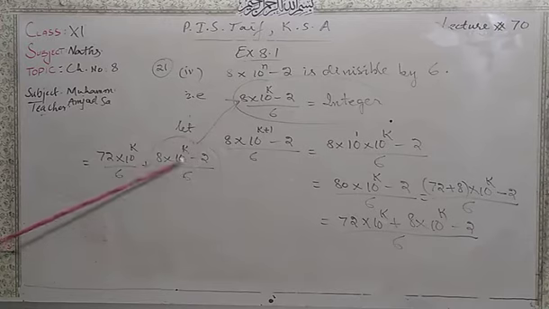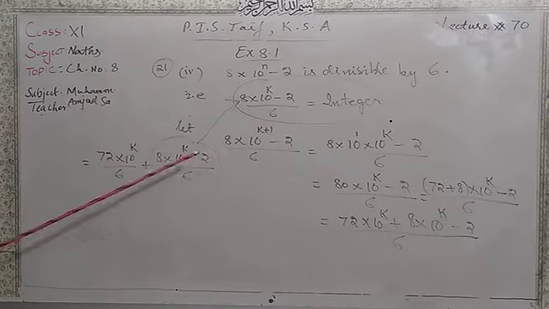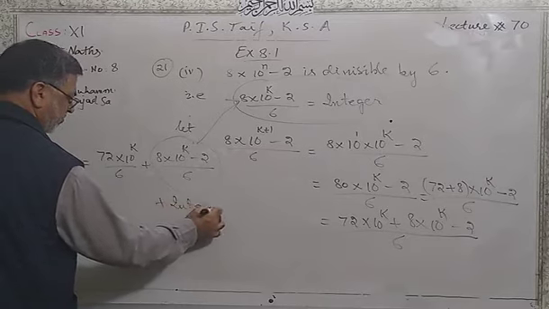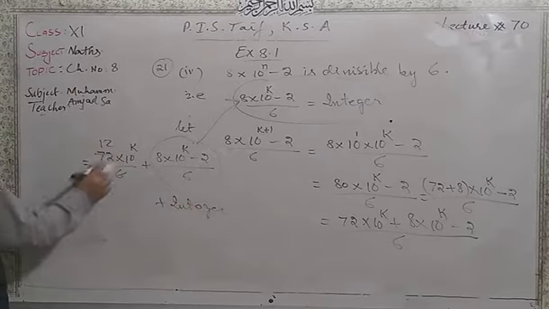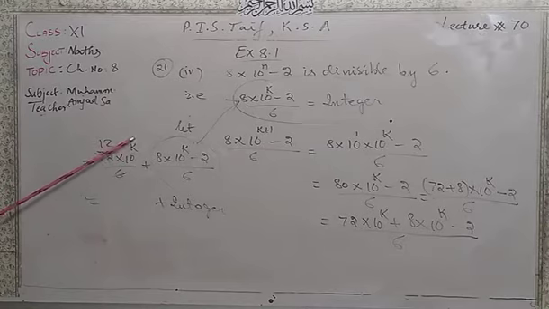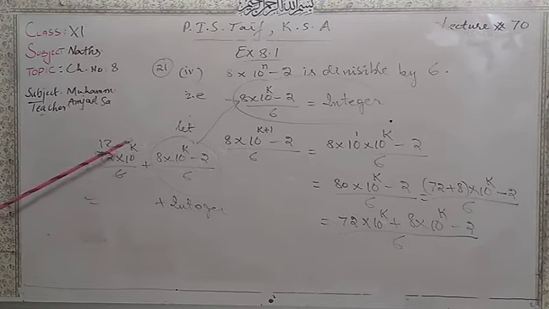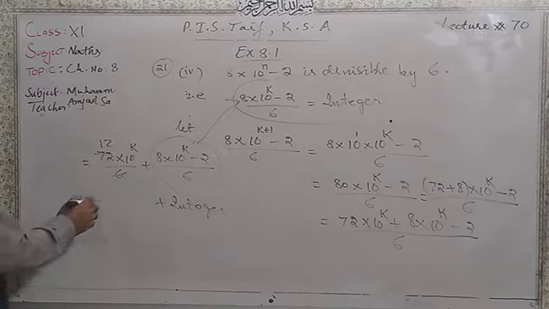This is the fraction where maybe there is confusion, but here you can utilize that this is an integer, and 6 can divide this one. And 12 into 10^k may be written as 12, 120, 1200 and so on. So for all positive k, this will be an integer. For example, take k = 1. It is 120. It is an integer. Then k = 2, you may have 1200. Then it will again be an integer. So this is an integer.